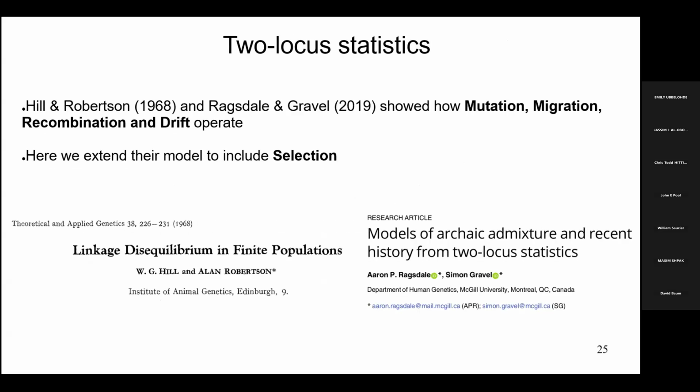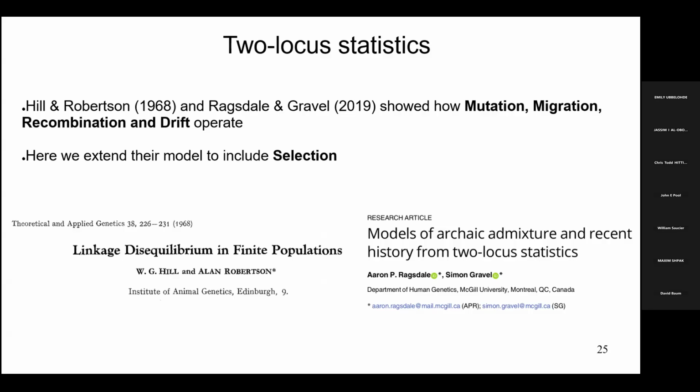So this model is based on two locus statistics. They offer a nice compromise between the tractability of single locus summaries, which may be too simplistic because they assume that sites will be independent when you look at, for example, the SFS, and the more complete information contained in long haplotypes. But trying to model long haplotypes is also very complicated. So looking at loci in pairs offers a good trade-off between these two types of models. And we base our work off this model, or the so-called Hill-Robertson system of two locus statistics